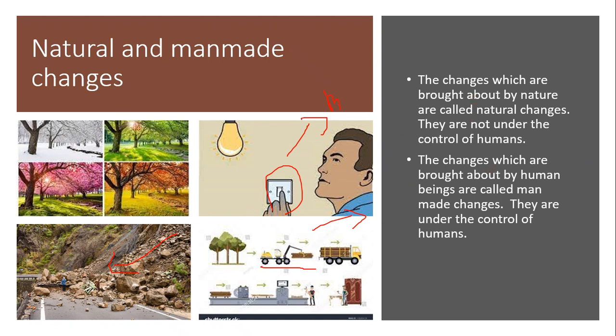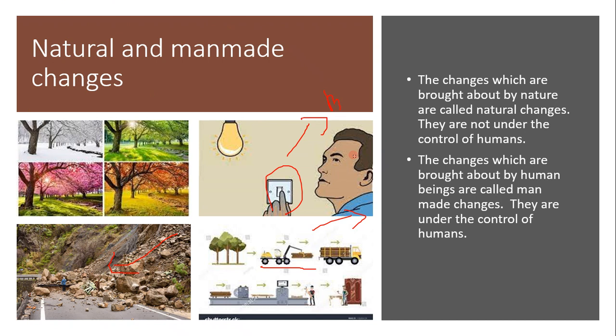Okay, these are the seasons, right? Can you change the seasons? No, we cannot change the season, it is not in our control. If a tsunami comes, can we control it? No, we cannot control the tsunami. It is coming and crushing all the people and going back to the sea. Can we control it? Never and ever, we cannot control them like that.